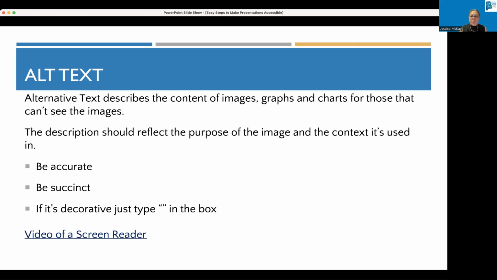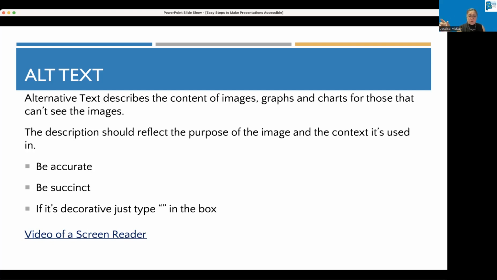The description should really reflect the purpose of the image and why you put it there, right? So if I have this cat typing on a keyboard, and I'm talking about how this is a fun, playful cat that people enjoy looking at, well, do I need to talk about the couch that he's sitting on? Do I need to talk about the goldfish bowl that's right beside him?